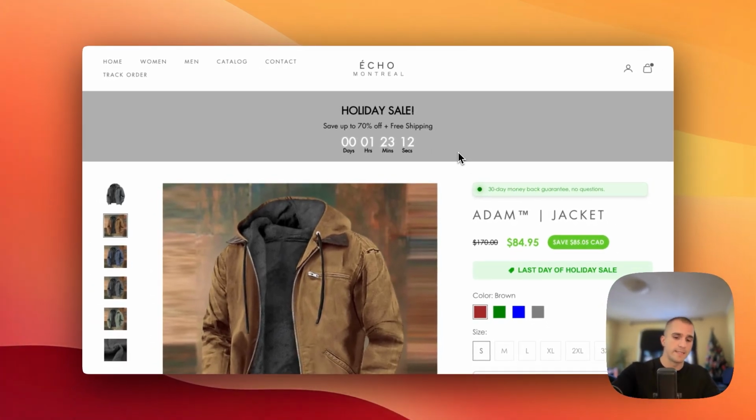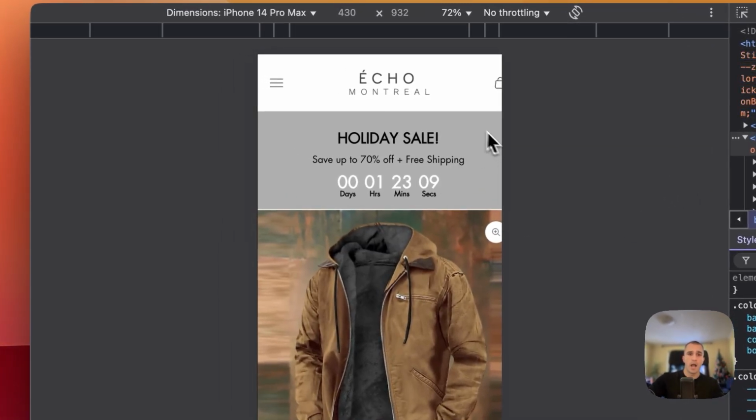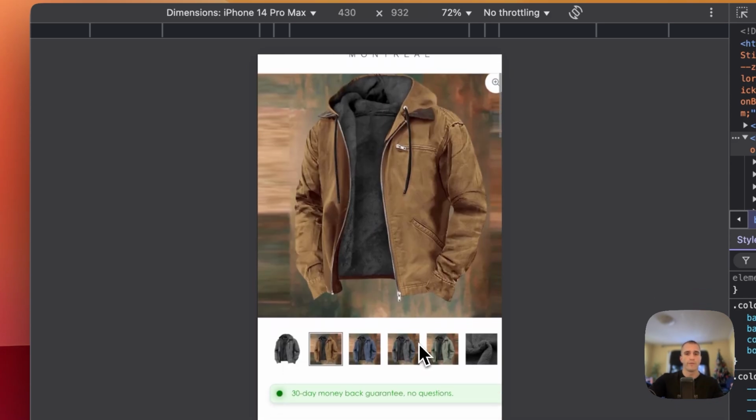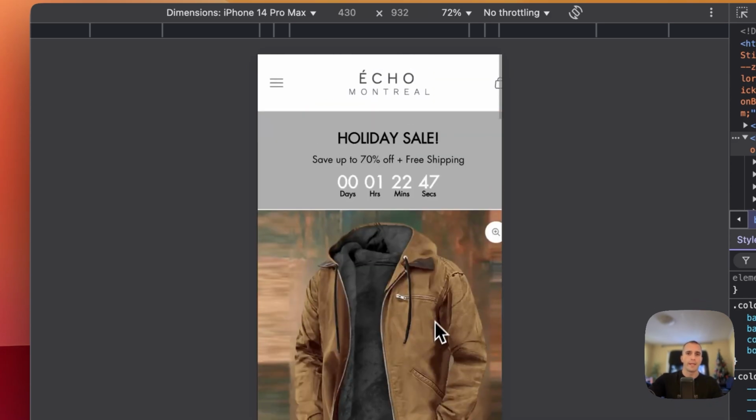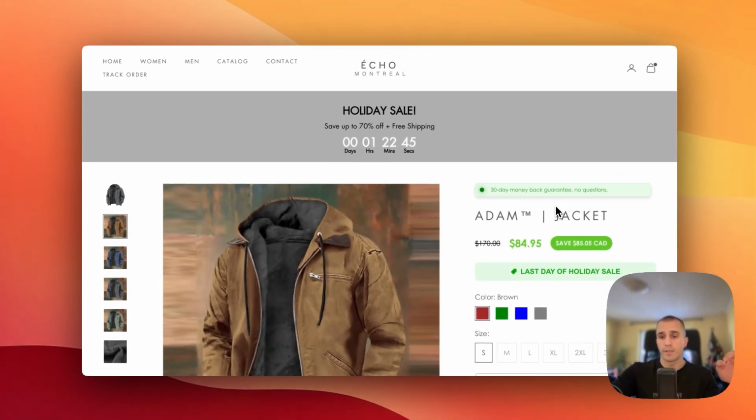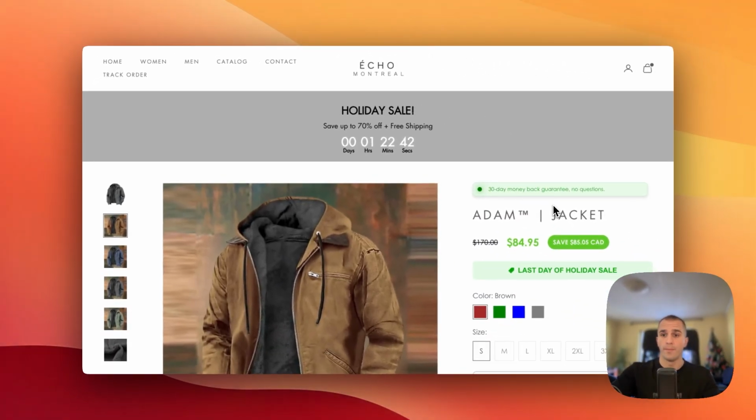Another thing about this is that when you are on mobile, you can see how much of the real estate this whole thing at the top takes. It really doesn't make sense for the announcement bar to be this big, and you want to eliminate it completely. Or if you're about to reframe your offer, you want to make it smaller so that you can pull your more important information above the fold and communicate it here. So this is another thing that you definitely need to do to optimize your conversion rate.